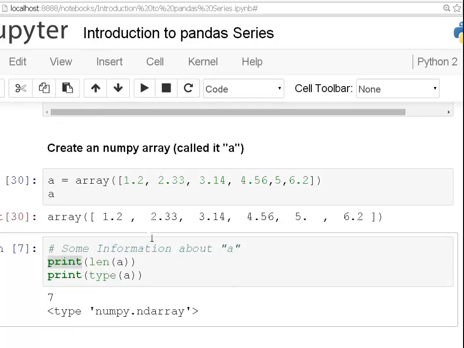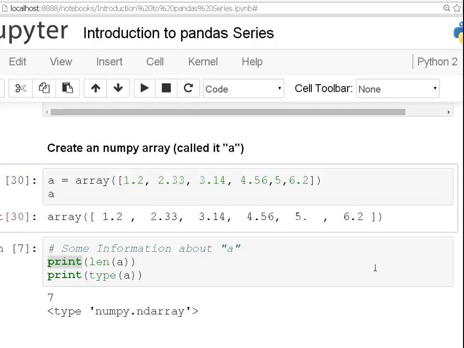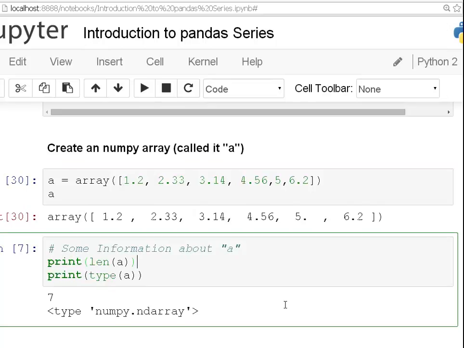Okay, actually, one thing you notice is that it doesn't print out 5 point zero zero. It actually just prints out exactly what we need, so it doesn't print out 5.00. Just notice that for later on. A little bit of information about A. It's a NumPy